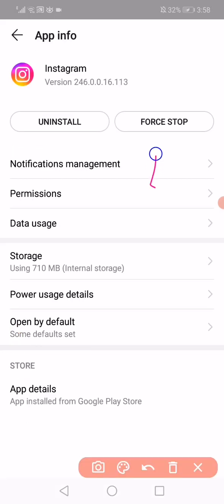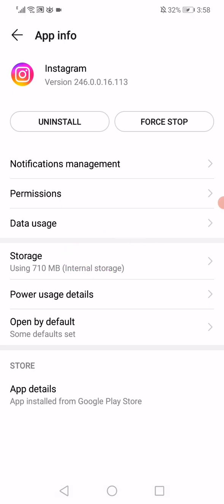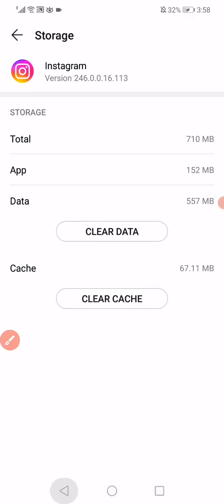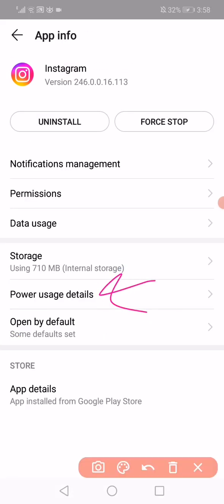After that you need to click on force stop and then go down, click on storage. When you click on storage, click on clear data and clear cache. Go back, click on power usage details